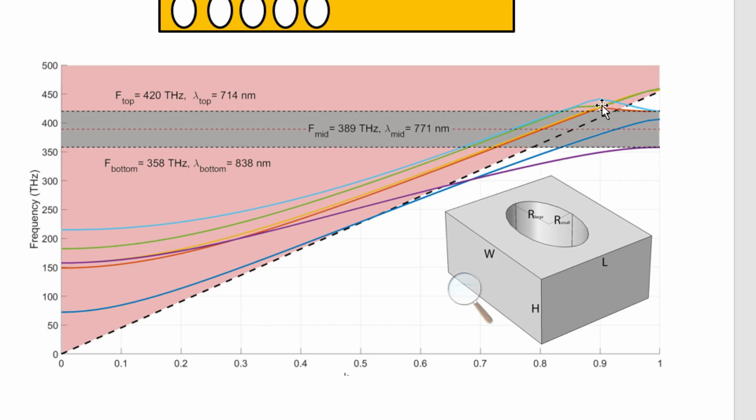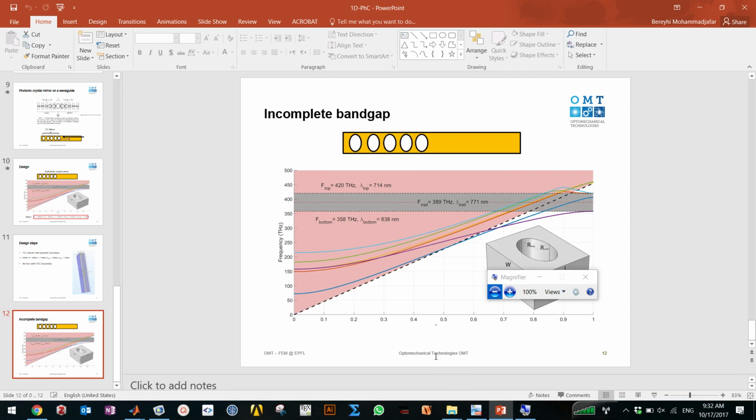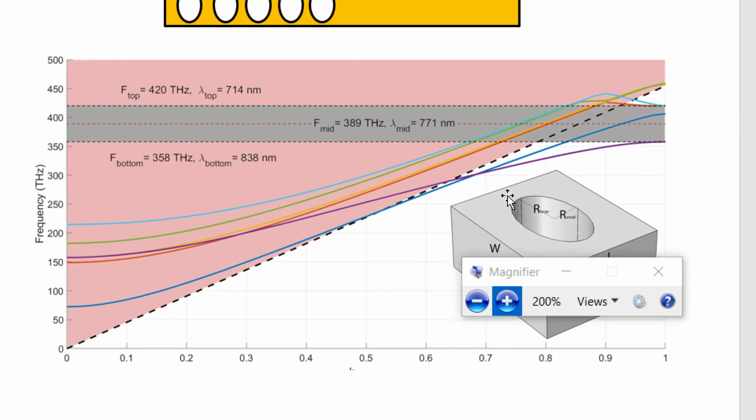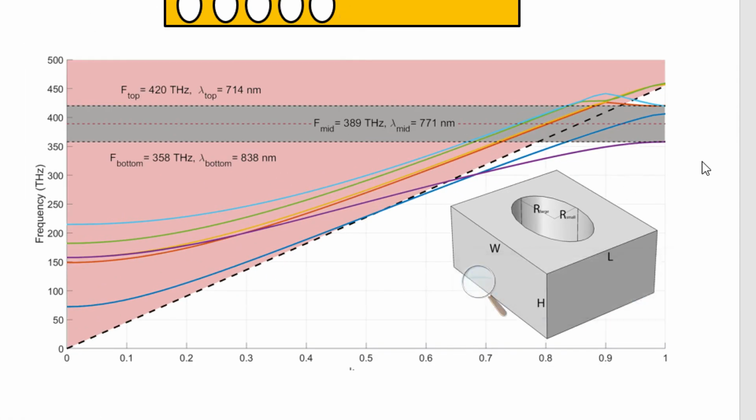So you only have this one, this purple one, and for example this orange one. So here you will have a band gap for it. This is what is called an incomplete band gap. Absolutely important. Can you go to the magnifier? Yeah. So this is sort of called quasi band gaps, basically gray area, and it's very important because to create